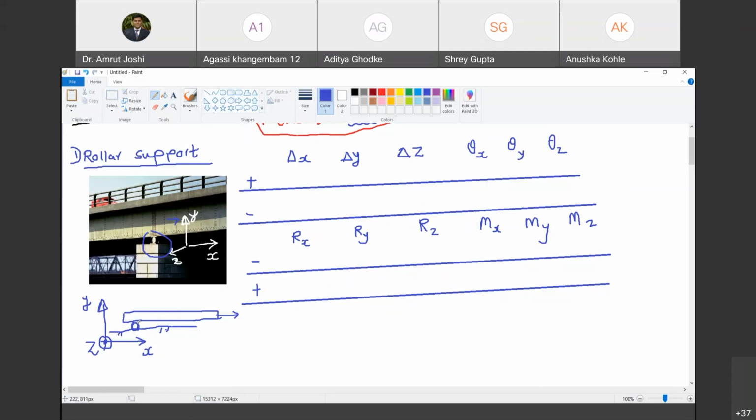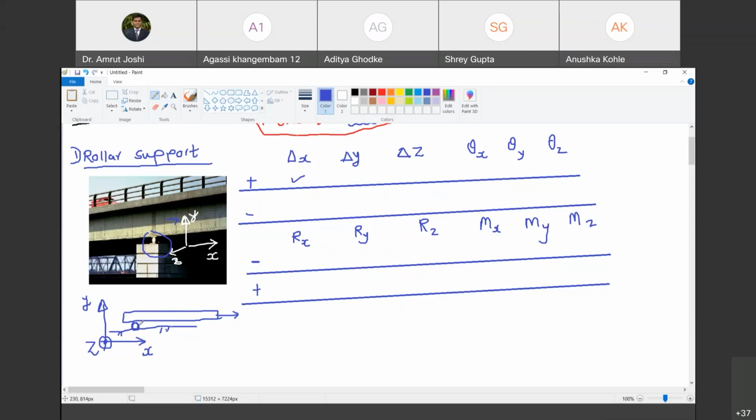Rolling friction is always less than the sliding friction. That is one thing. And these supports are always lubricated. So therefore, you can safely assume that there is no friction. So in that case, if I try to pull this notebook towards positive x at this support, it is freely possible. Do you agree with me? Yes, sir. So therefore, what I am trying to say is positive delta x, positive translation in x direction is freely possible at this kind of support.